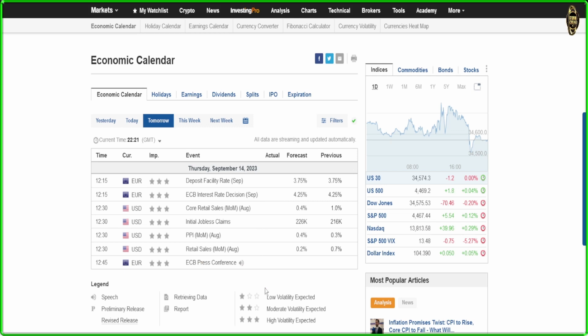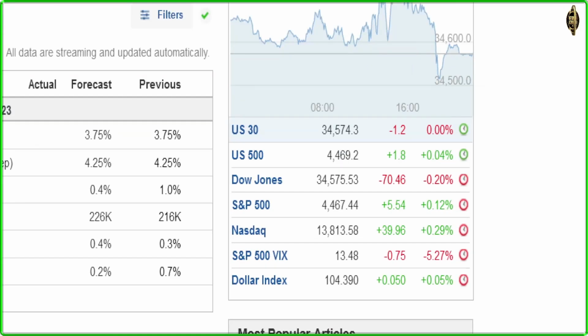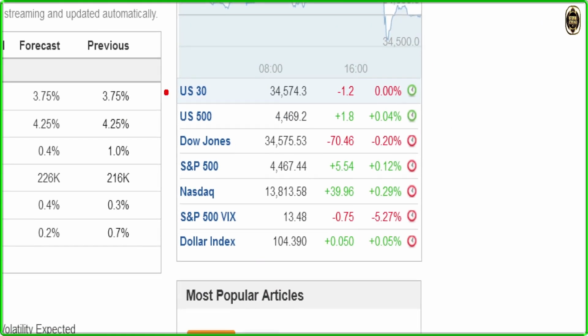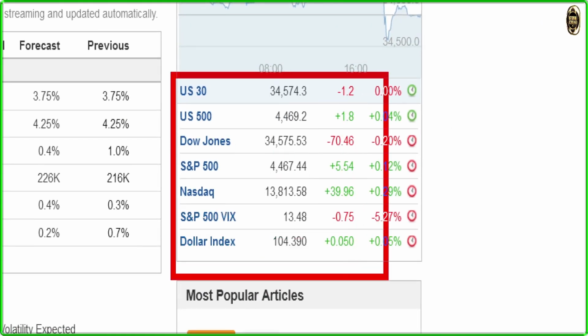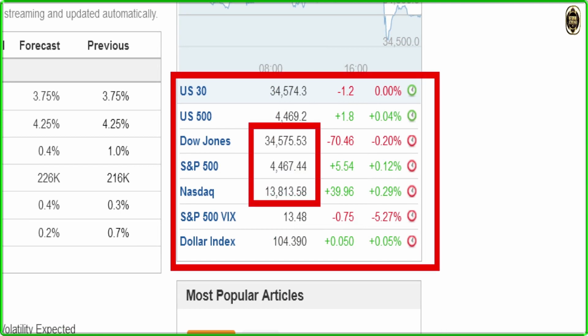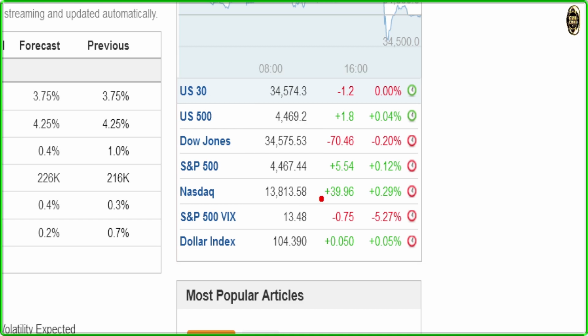So tomorrow, be careful, guys. And here is our friend, the table of US. We're looking at it every day. As you see it, what was it telling us till now? The Dow Jones today fell down, but the S&P and the Nasdaq closed in the daily green. So everything's still looking the same.